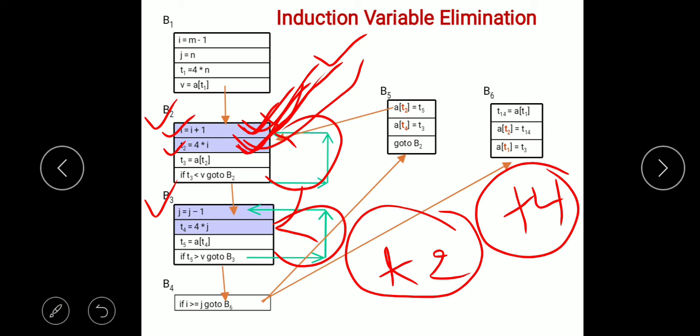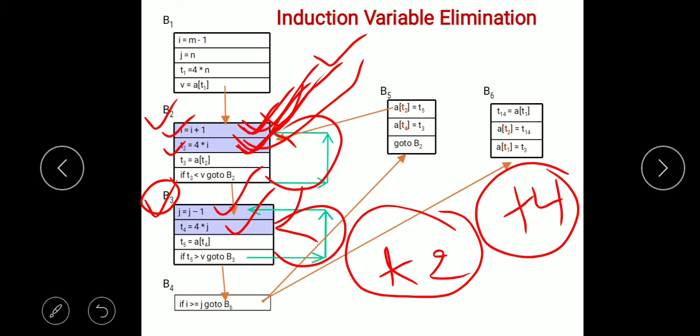In the same way, you can clearly notice in B3 that J and T4 are induction variables. Why are they induction variables?